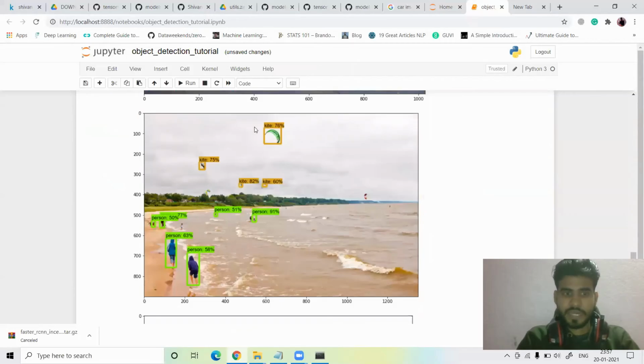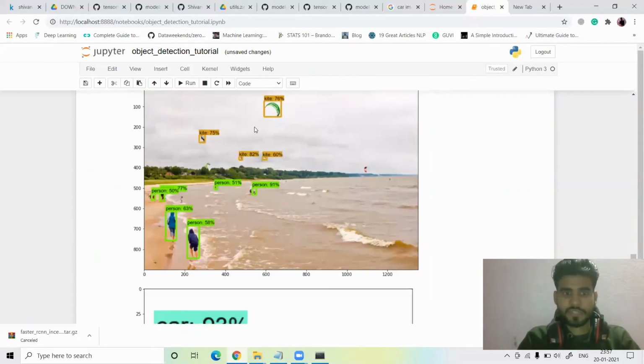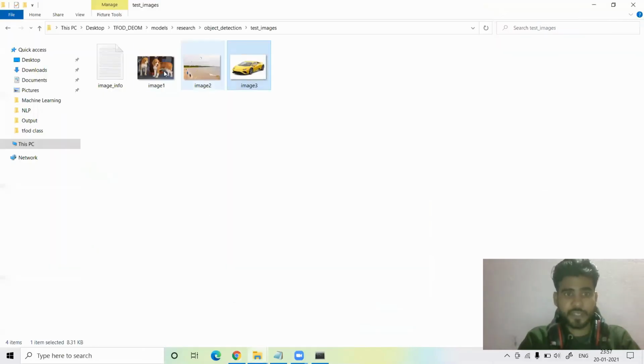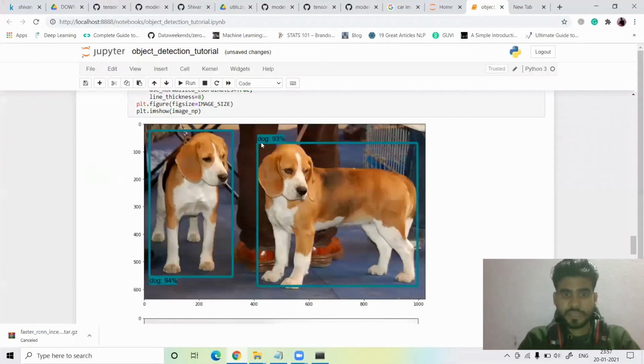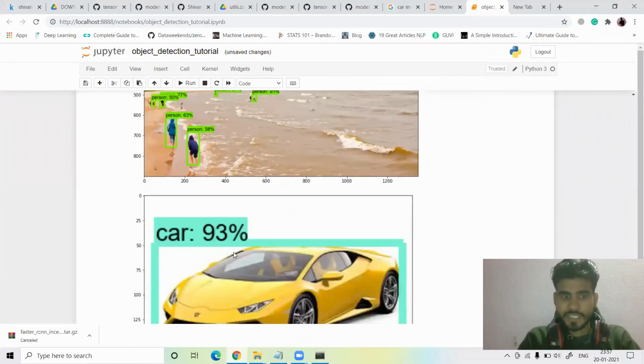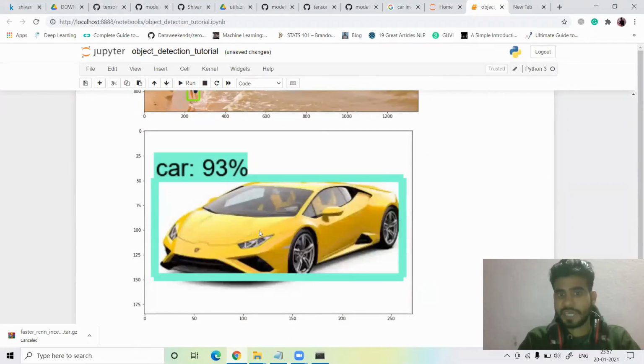Okay, and now see, all our images are showing. First is the dog image in our folder, second is this image, and third is the car image. So the first is 93%, 94%, second this image, and fourth, this is the 94% car image. So you have to follow the same steps when you do setup in your system, guys.